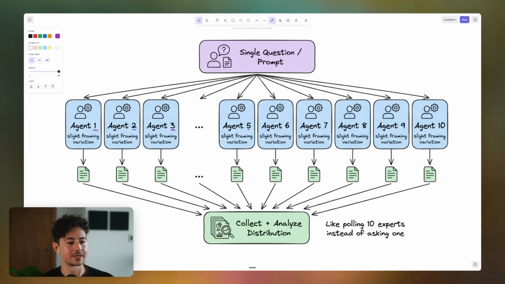These will be instantiated as what are called sub-agents, which are similar to the main agent, but they operate in their own defined context window. All of these report back their answers to the parent agent. So this parent is going to work with a whole fleet of sub-agents. Once they're all done with their work, it synthesizes the answers. Because we're looking for statistical variation, it calculates the mode, which is the frequency of each answer, and the median, which is like the average of each answer, before ultimately combining all this to give you much better results.